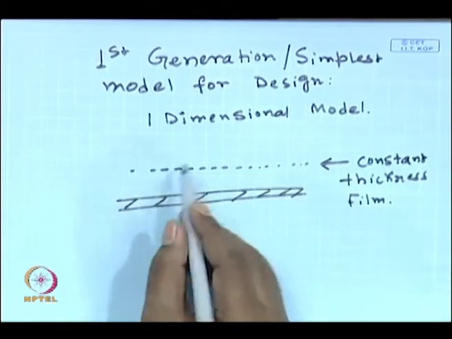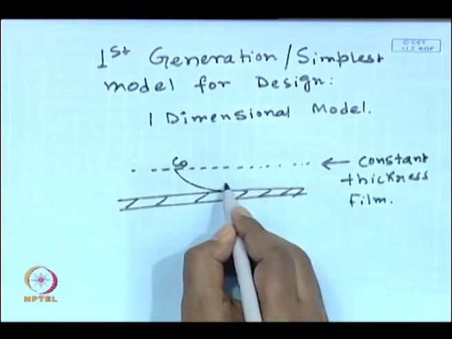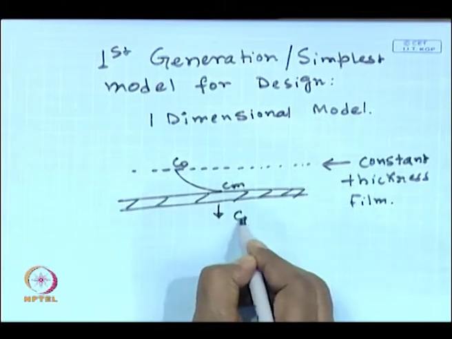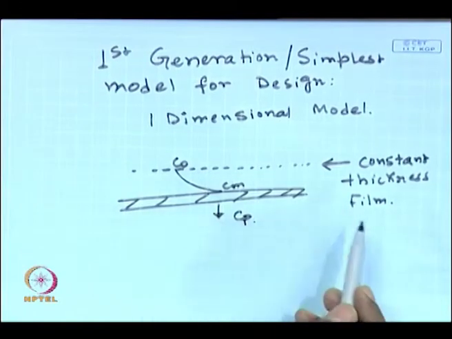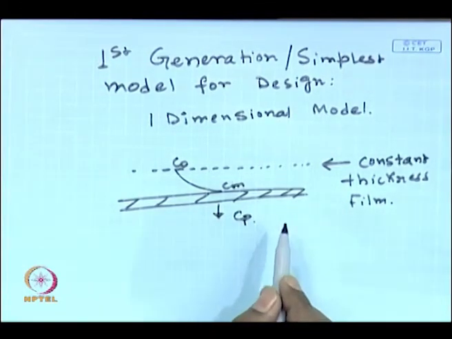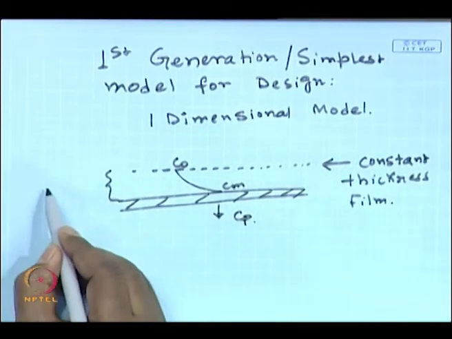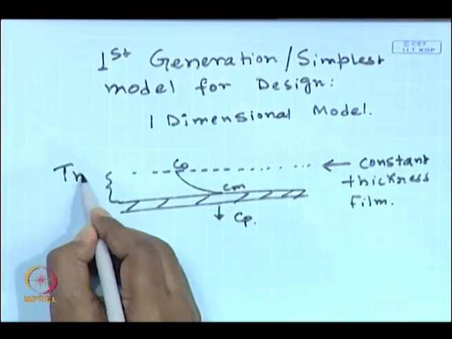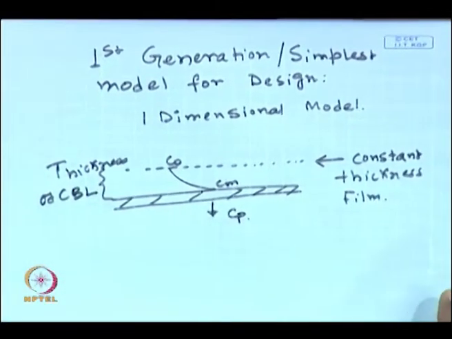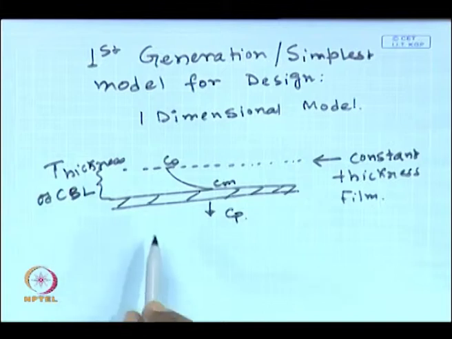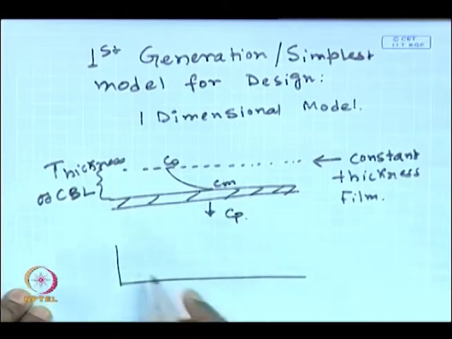Okay. So, there will be a concentration gradient from C bulk to the membrane surface concentration, and then the solvent comes out to the permeate side. Now, what is wrong with this? This is the first generation model. The error involved here is the mass transfer boundary layer, that is, the thickness of the concentration boundary layer. The assumption is that we are assuming a constant thickness of this boundary layer. Actually, this mass transfer boundary layer or concentration boundary layer